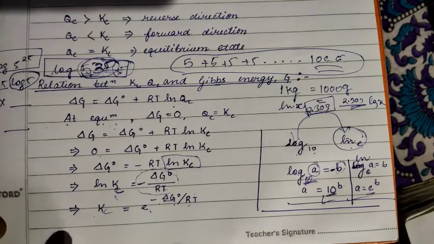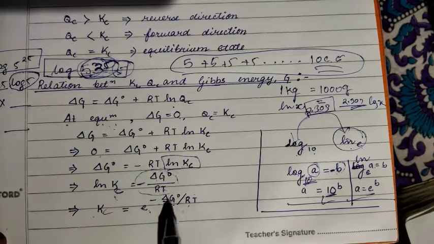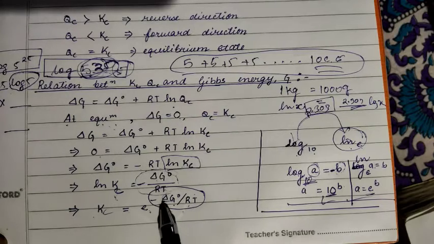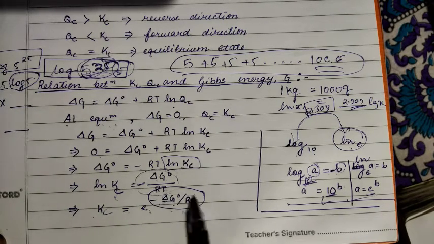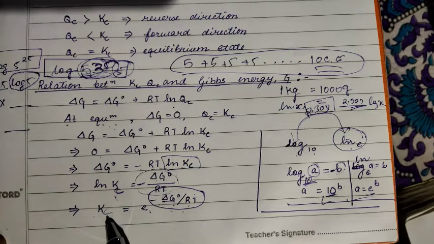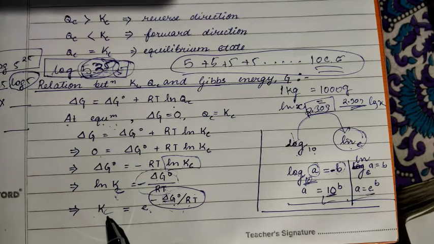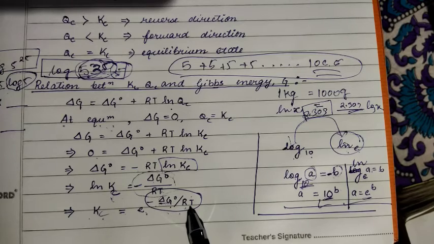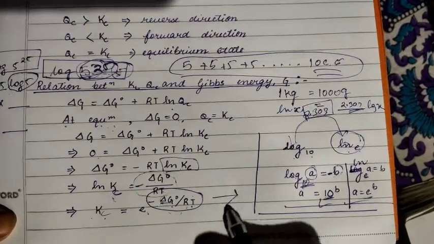A little bit more extension of this formula is there. You have to note it carefully. This is a negative value, right? If we talk about only delta G naught, if this becomes negative, then negative will become positive, so this whole term will become positive, and in that condition KC also becomes greater than 1. Under that condition, the reaction is spontaneous. Spontaneous means occurring by itself. This means the reaction is proceeding in the forward direction.